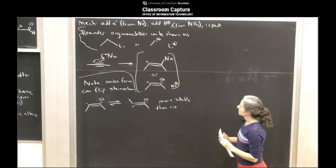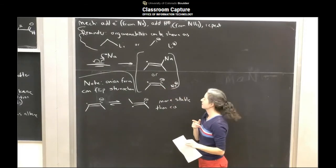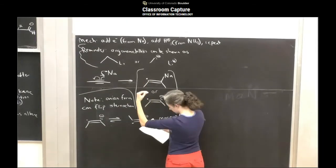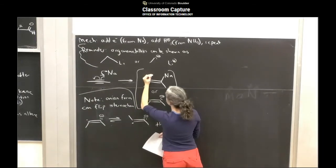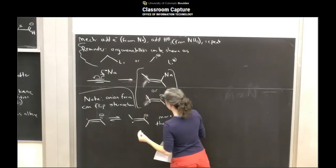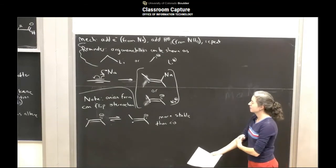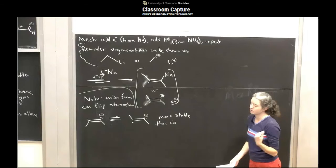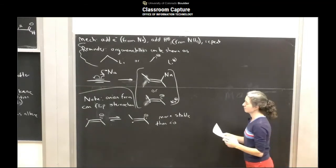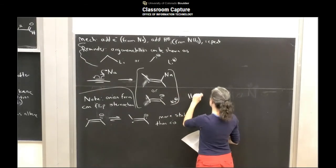So I'm kind of leaving it vague on stereochemistry here, but I think it was Niketna who asked the question, but yeah, you're totally right. Most of the time it is actually going to be, how do I have it in the notes? Okay, so I'm going to flip this methyl group up just to get it to be trans here. So it is still going to spend some of its time in the cis form, which means we are going to get some of the byproduct where it has the wrong stereochemistry. But most of the time trans is going to be the way that it's looking while it's sitting around in this form. And so when the next step happens,